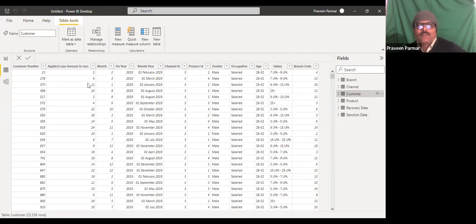You have seen here 6 tables: branch, channel, customer, product, recovery data, and sanction data. So what are the fact tables and what are the dimension tables? You have downloaded it, just check the fact tables and dimension tables.